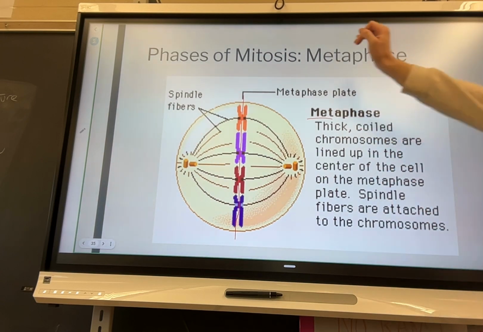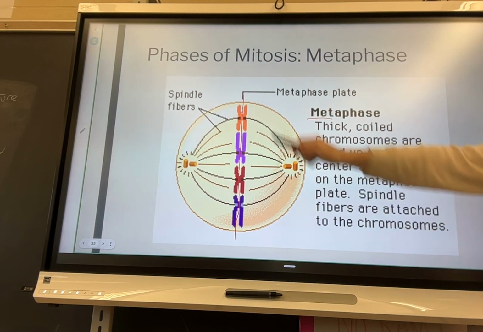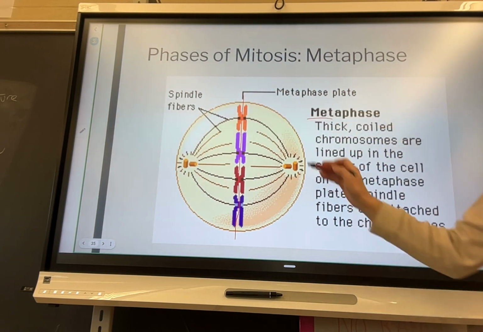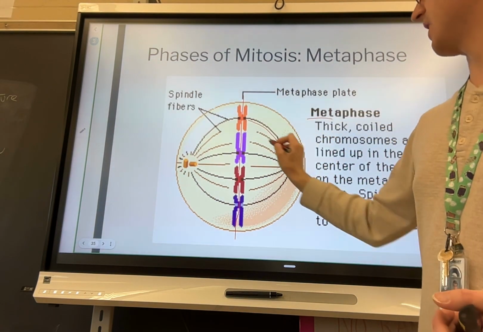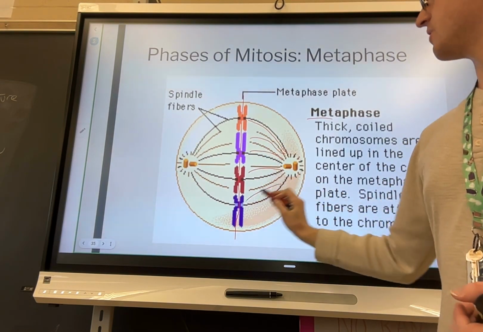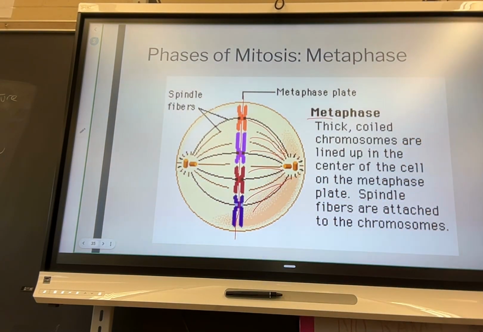So we have very condensed chromosomes. They're going to line up here on this plate. And the spindle fibers, these little arms coming out of our centrosomes, are going to attach to each one of our chromosomes and just hold them there. And this is going to lead into how we are going to split everything up. Next one